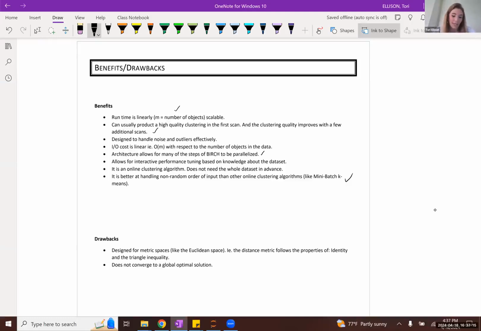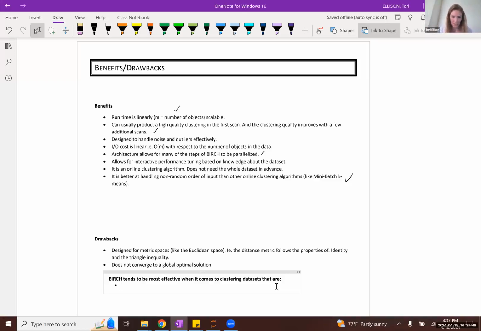Because of that, Birch tends to be most effective when clustering some of the same types of data sets that k-means is best used for. So for instance,